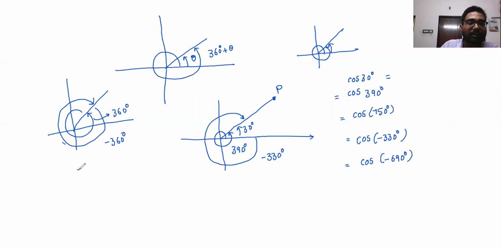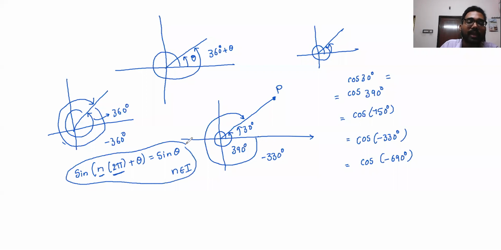So from this we can actually say that sine of, even if you add 360 twice also, right? So that's why we can say sine of n times 2 pi plus theta is equal to sine theta, because 2 pi is like 0, where n is an integer. Similarly, this is valid for cos, tan, and cot also, all functions. So 2 pi is one complete cycle, and n is the number of rotations.